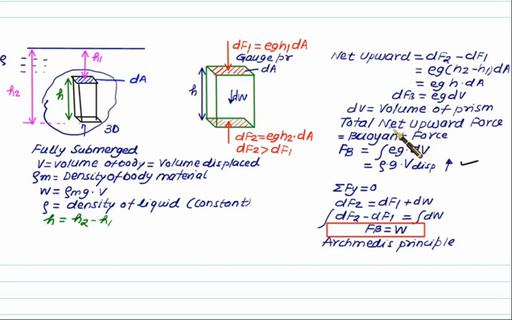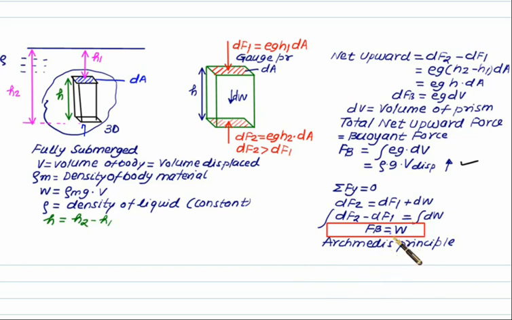So if we integrate this, rho g remains constant. The integral of dV will be equal to V. That V is called V displaced, and this is the idea about the buoyant force. So the buoyant force will be the same as rho multiplied by g multiplied by V displaced. That is the weight of liquid displaced. According to the Archimedes principle, the body will float only when the buoyant force is equal to the weight.